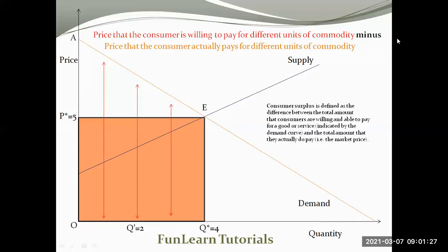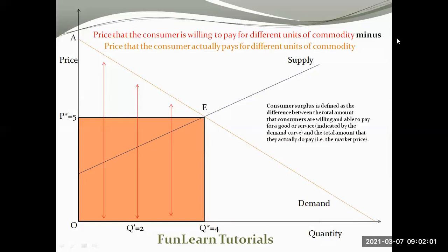which essentially also justifies the fact that market outcomes usually are better, or the market usually is a force that ensures a better outcome. It usually takes the side of both the producers and consumers, in the sense that both parties are better off given the market demand and supply and the transactions that take place in the market. So the price that the consumer actually pays for different units of commodity is less than the price that the consumer was willing to pay for different units of commodity. So the actuality is less than the willingness.